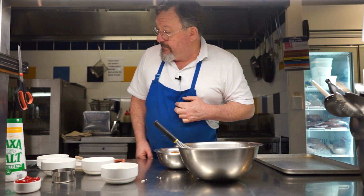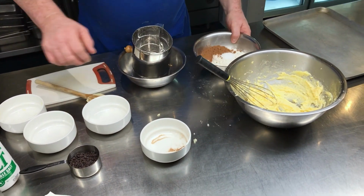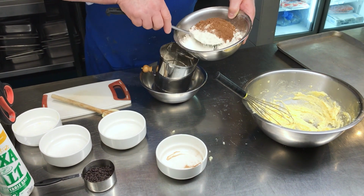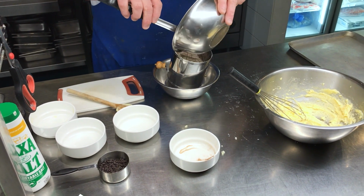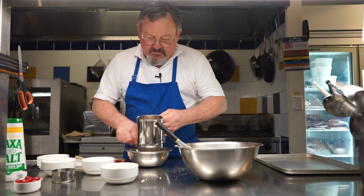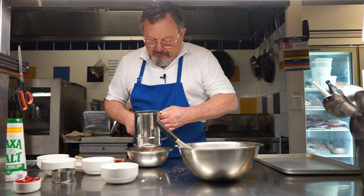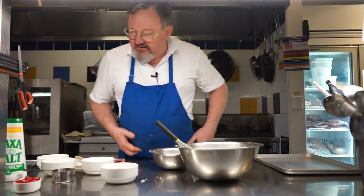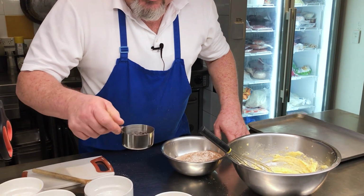So I'll get my sifter and we'll sift that into another bowl. My handy sifter. Spoon, pop it all in there. Just incorporates it all and gets any lumps out. That's that. Before I mix this into there, what I'm going to do is put about 1/4 cup of little